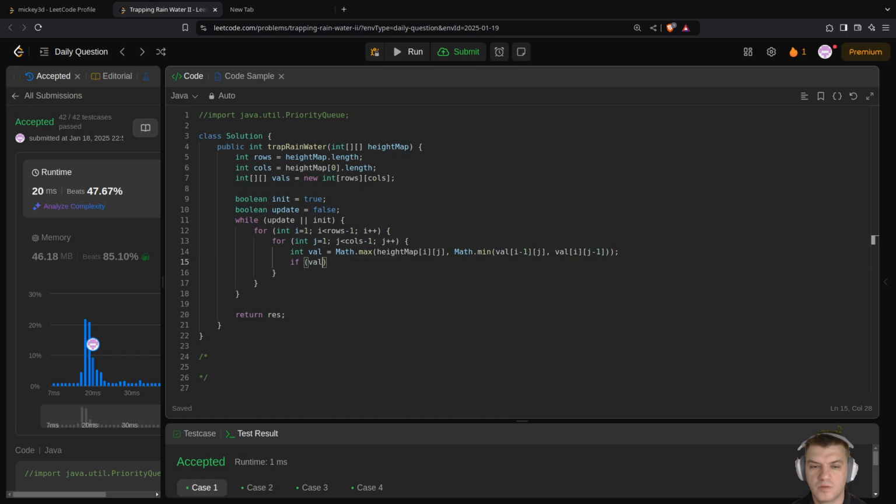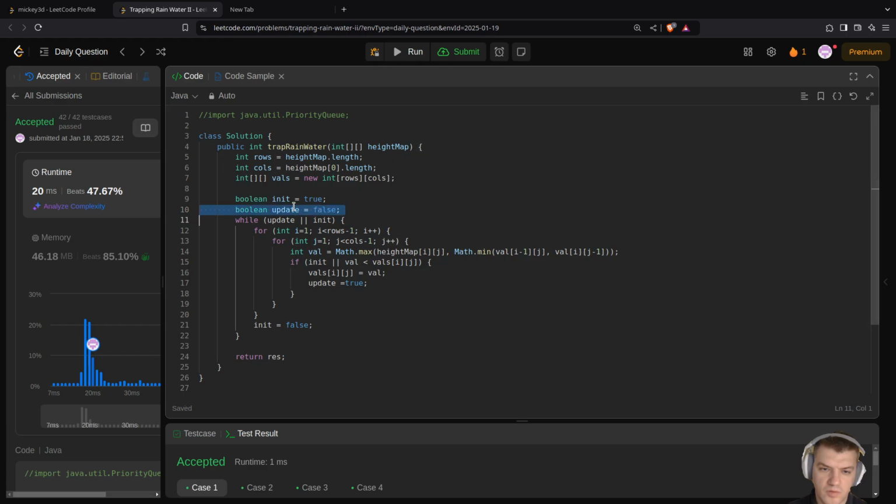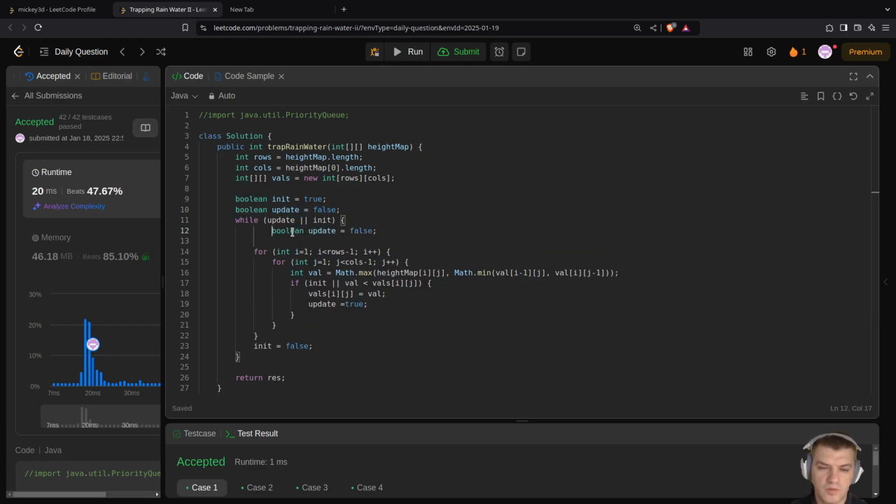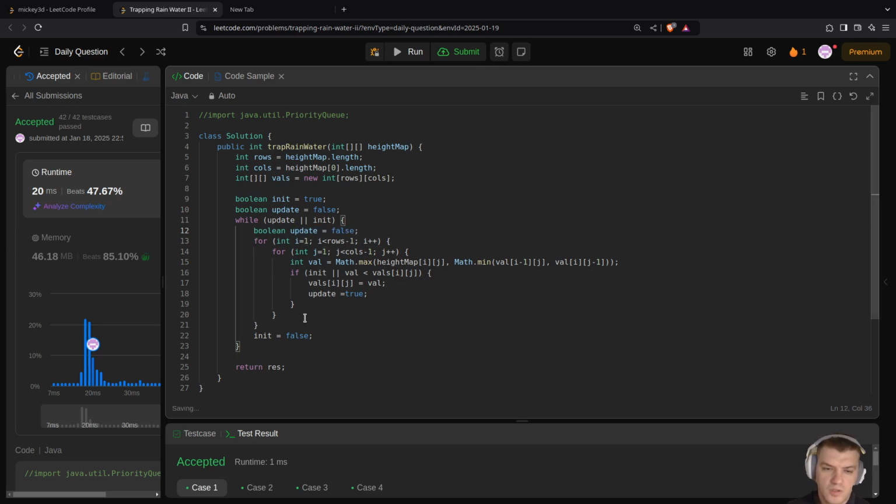If init or val less than vals ij, then I'm going to update vals ij equals val, and then init equals false, then update equals true, and then here the same,